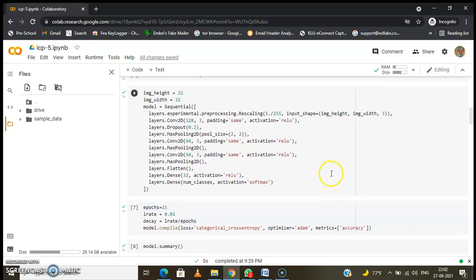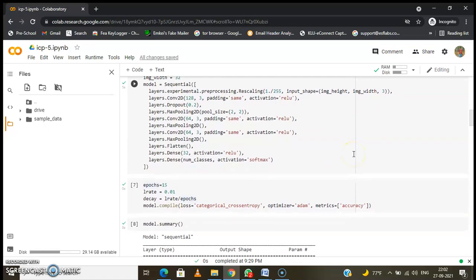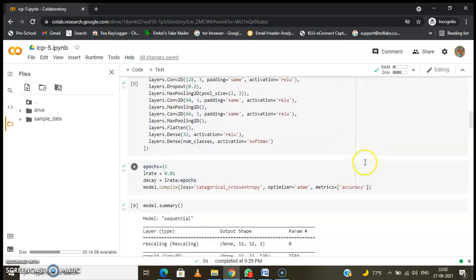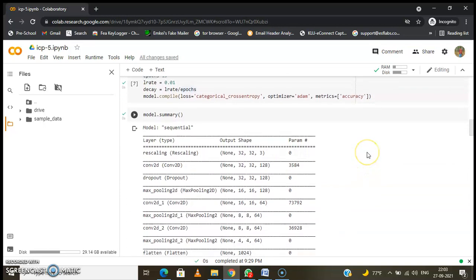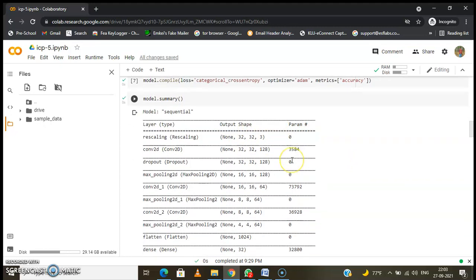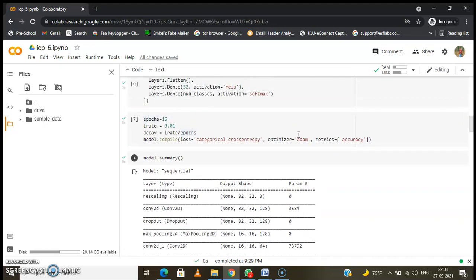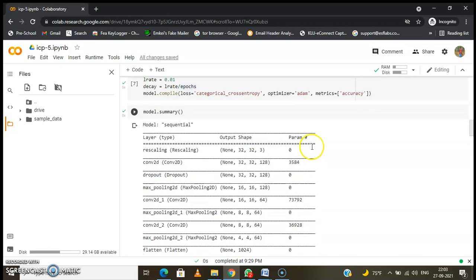This is the model which has been given in the ICP. We have implemented the same model, and later we implemented the model which has been instructed in the given ICP, so that we get good performance. Next, in this sequential model, we compiled the model and fit the data with 15 epochs, only 15, over the train data. For the validation data, we have taken the test data.